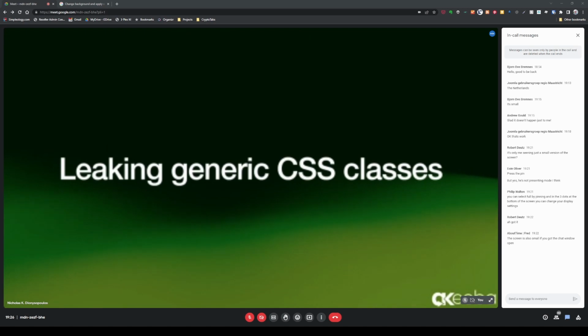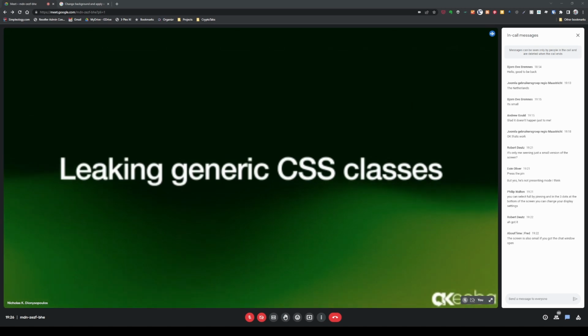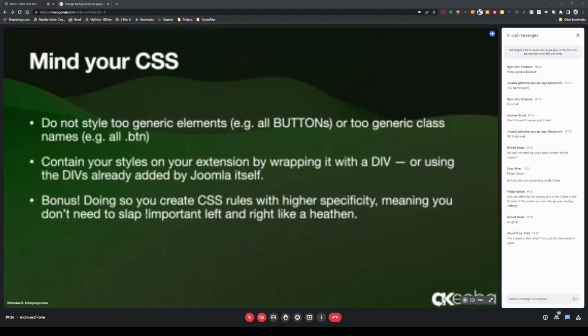Too many extensions, especially modules, seem to be leaking generic CSS classes. What I mean by that is that you may have,